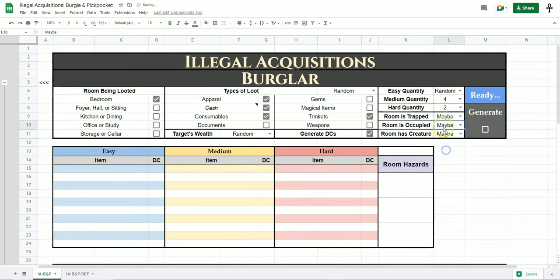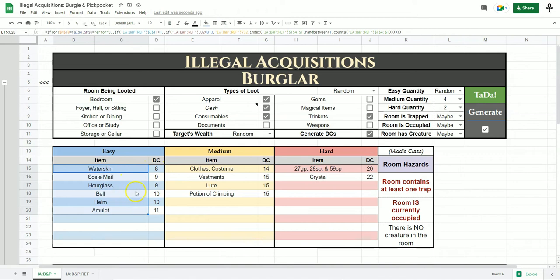So I'm going to set occupied to maybe so we can get some variety, and let's click generate and see how this looks. So it has generated 6 easy items that are in this bedroom or bedroom-like room. We have our 4 medium items and we have our 2 hard items. And so you can see what is in this room and what will be very easy for your players to find. You can see what might be a little bit harder for them to find,